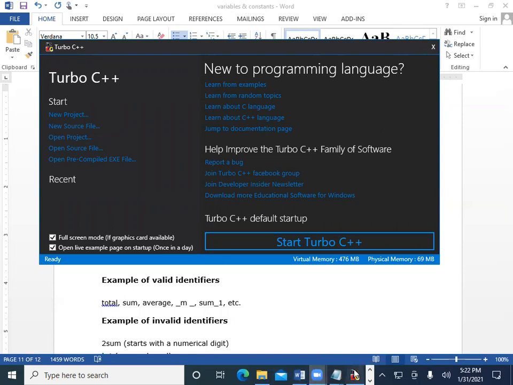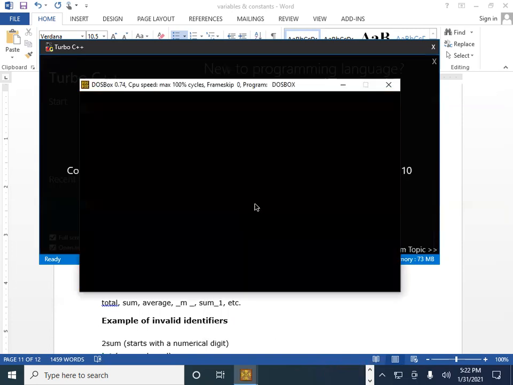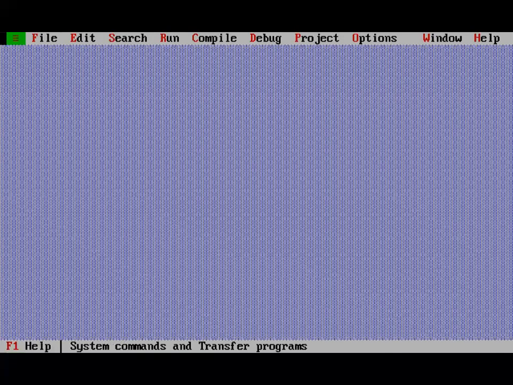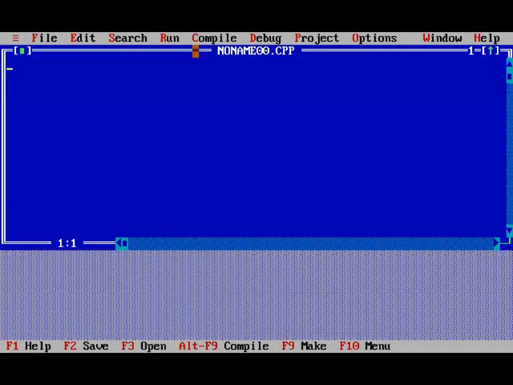So let's see. Here we find the difference. If I want to write hash include, or just write here void main. So void is a data type. Suppose I write a capital V here, then it makes a difference, and its color is no longer the keyword color.